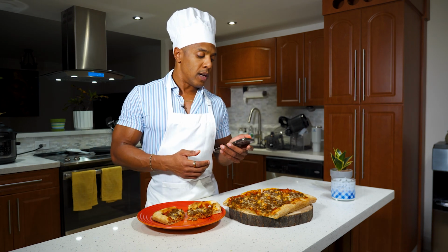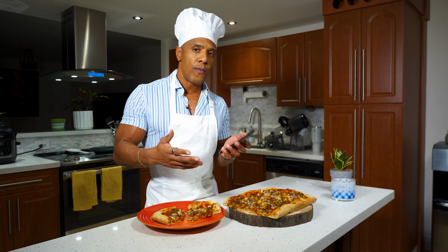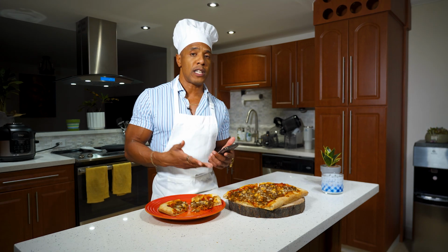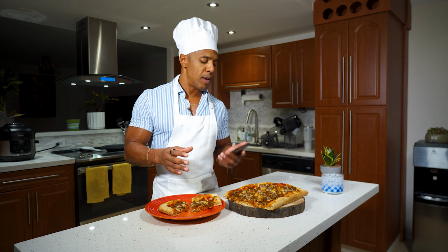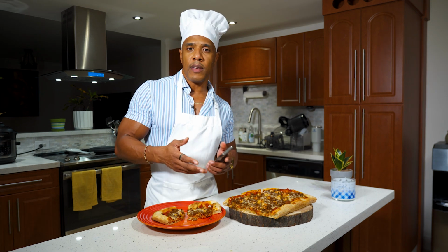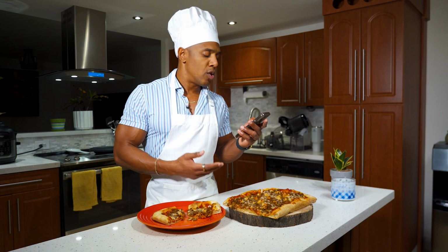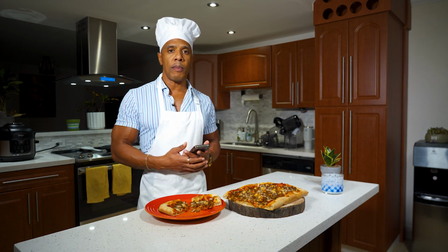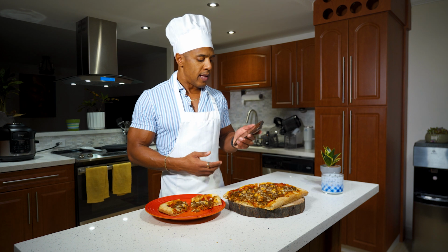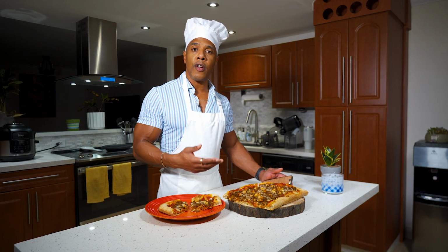And that's only because when it came down to the majority of the nutrients, first, when I made that tofu scramble, that had tons of vegetables in it. So that's where I got the majority of my vitamins and minerals. And then the pancakes were just fun to get extra calories in. And then when it came down to the juice, boom, that's really going to push tons of minerals into my body as well as vitamins. And then lastly, with the cheeseburger pizza, the seitan has a lot of iron and potassium